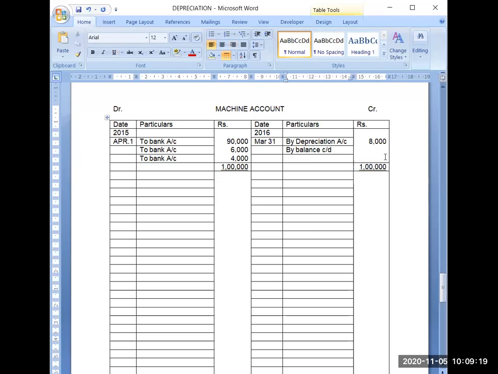Now out of this total, I will subtract the amounts written over here and then I will get the balance. So 1 lakh minus 8,000, you can simply calculate. It will be 92,000. This way I have completed my 1 year accounting, which you are supposed to do directly